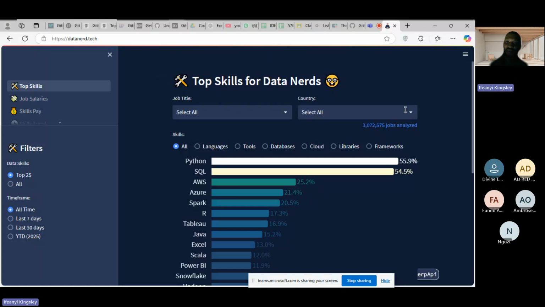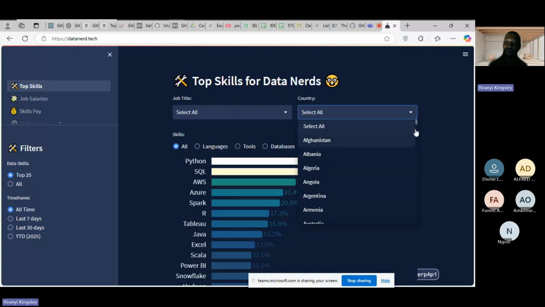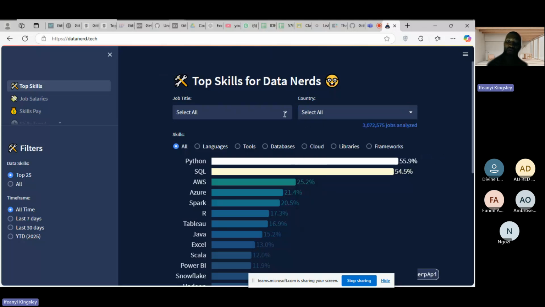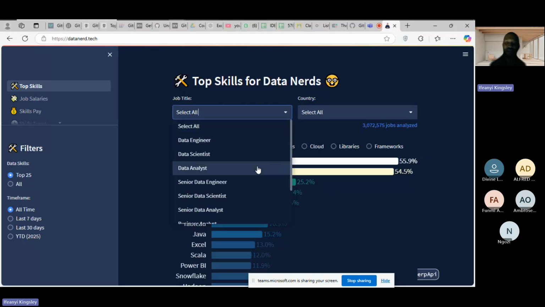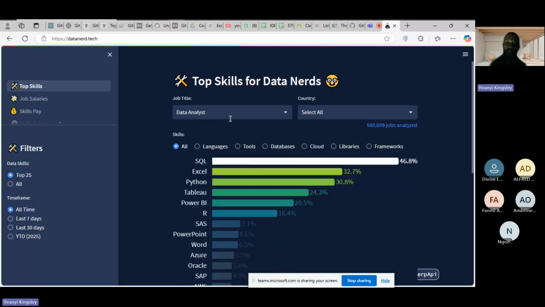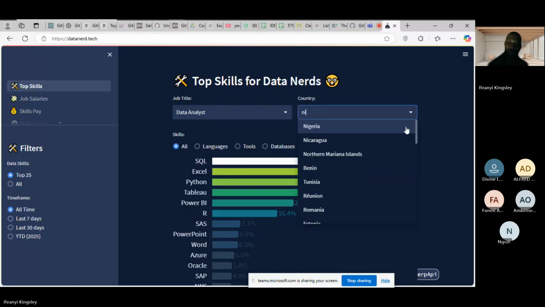You can see the countries here. All the countries of the world are here. Just choose your country and the skills you want. So here I will choose data analyst. So you see these tools that they are calling here. SQL is number one. Excel is there. Python is there. Tableau and Power BI. Now I've not chosen the country yet. And when I choose Nigeria,